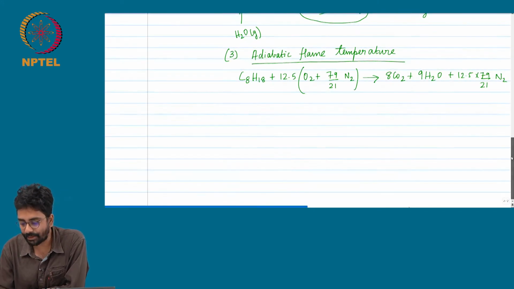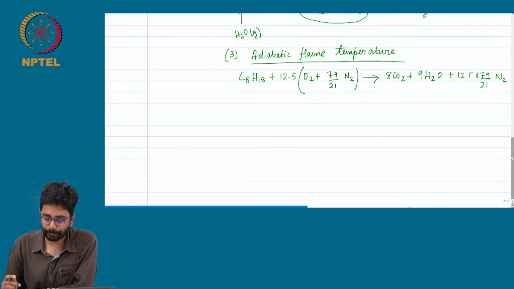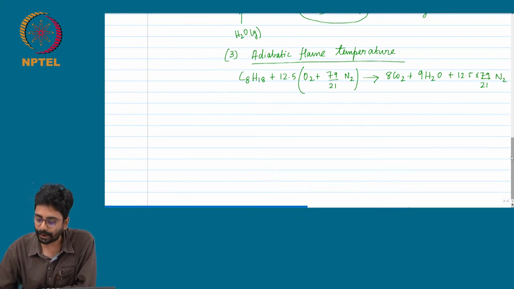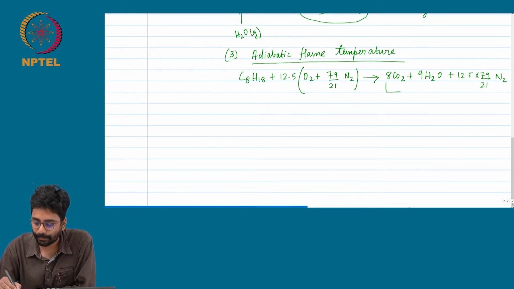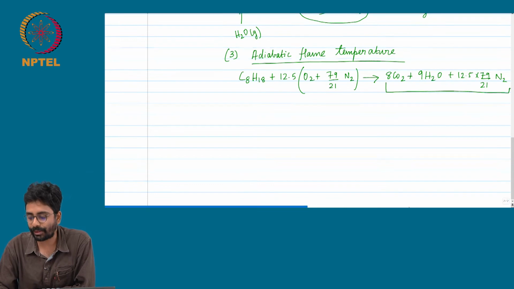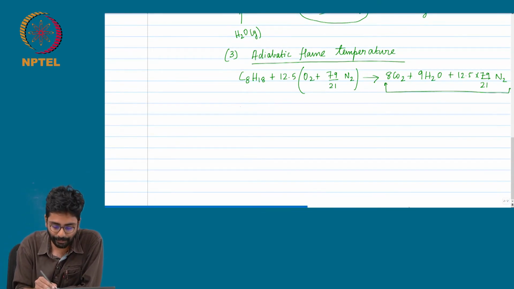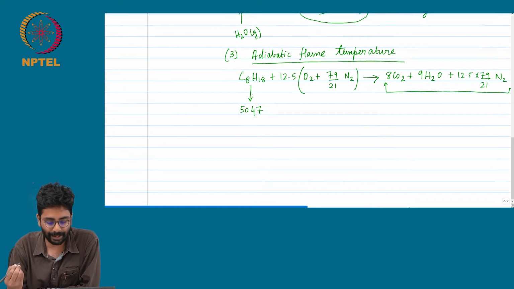So if we start with an initial temperature of 300 kelvins, and supply 5047 kilojoules of heat to these product gases, whatever temperature the product gases go to is the adiabatic flame temperature. Therefore, the adiabatic flame temperature can be simply calculated by saying that by burning 1 mole of C8H18,